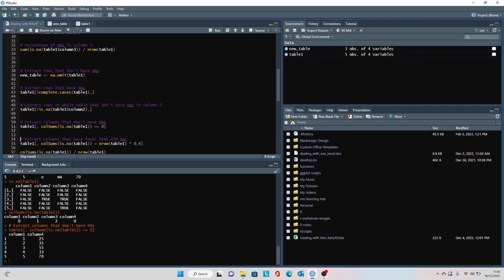Now if we want to extract columns that have fewer than 40% NAs, we write our data frame, we open up square brackets, and on the right side of the comma we write our condition. Our condition in this case is the colsums function followed by the is.na function, and then now we're saying give us the result that is less than this part of the equation, which is essentially the number of rows times 40%. So if I just run that,